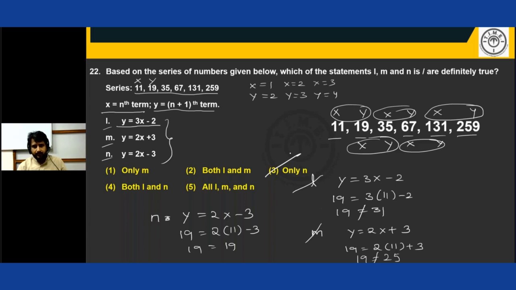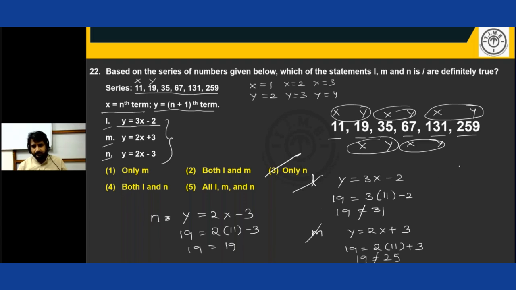I hope you are clear with this pattern. They are just asking us to find the logic. Earlier they used to ask everywhere what is the next number or what is the wrong number. Now here directly they are asking what is the logic. The logic is y equal to 2x minus 3. If you want to check it,